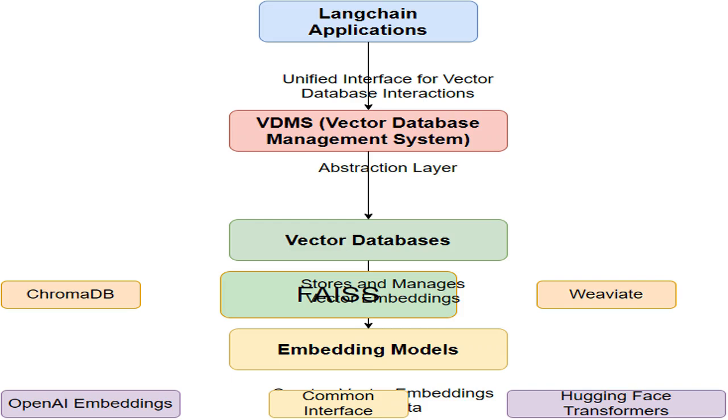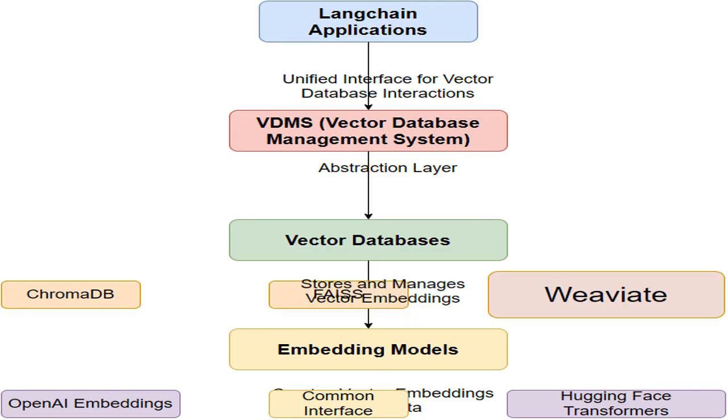FAISS stands for Facebook AI Similarity Search. It's a library developed by Facebook AI Research for efficient similarity search and clustering of dense vectors. Weaviate is an open-source vector search engine. It allows you to store your data objects along with vector embeddings from your favorite machine learning models and scale